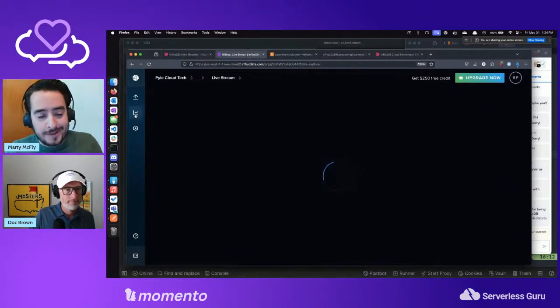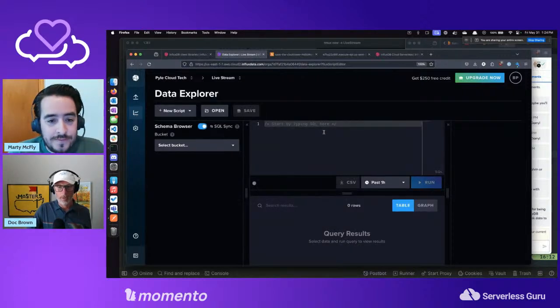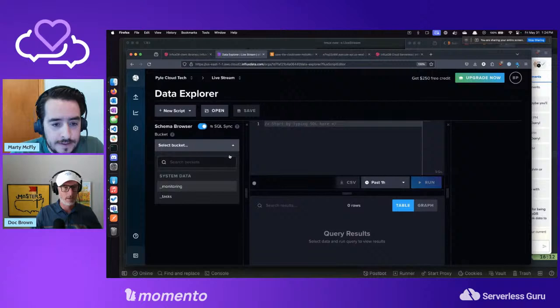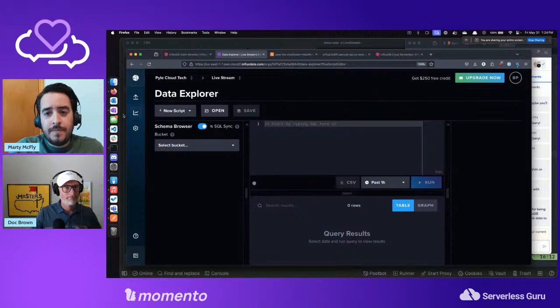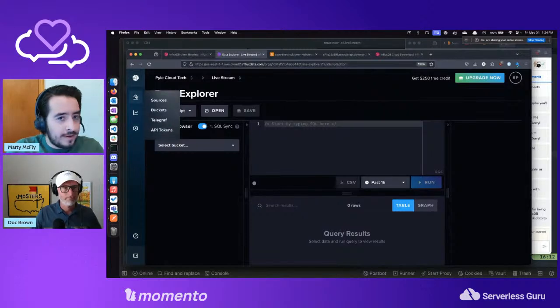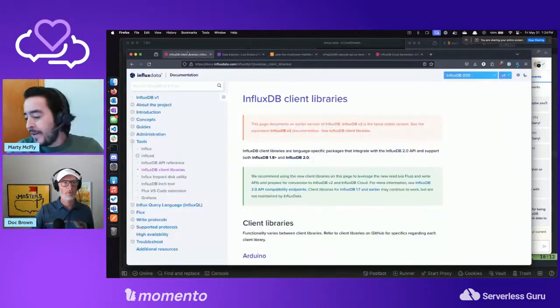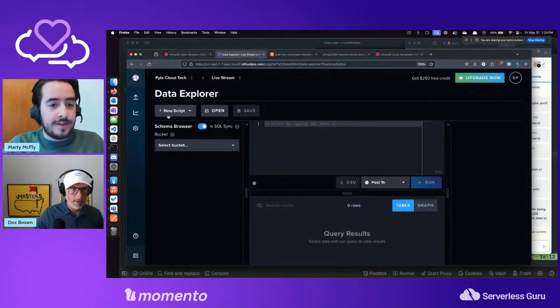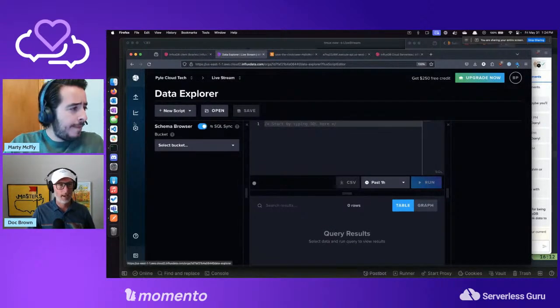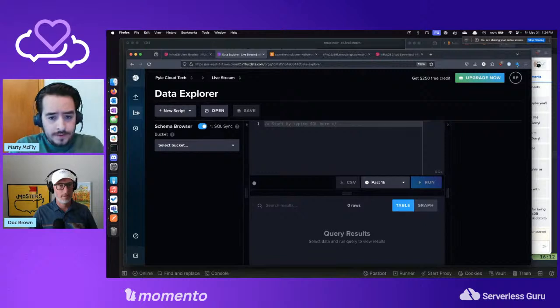So we've got a data explorer. We can start typing SQL. I don't know what any of this means yet, but I guess we're going to get into it as we start configuring things up. Yeah, and I can browse the docs as we move on. All right. Well, cool. But yeah, I took note. I want to know what tasks, buckets, and checks are, because those are things that show in the dashboard. Yeah, I agree. Keep me honest here, Andres.